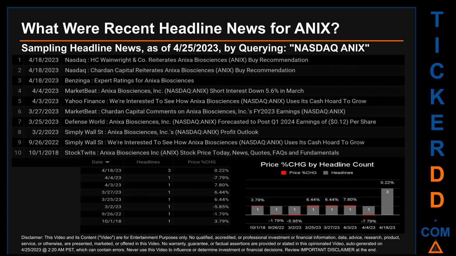The latest publication date was the day with the most found headlines. The day saw price change of 0.22% after the ticker opened the day trading at $4.59 to then close at $4.60. Monday, April 3, 2023 was the day with the highest percentage change in price when we compare opening versus closing price for the ticker.